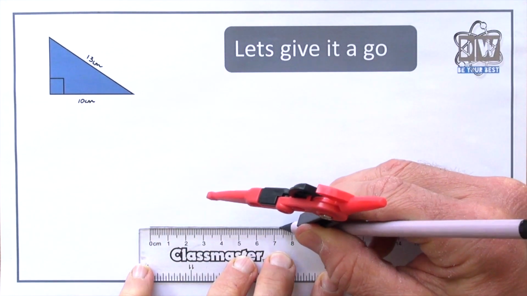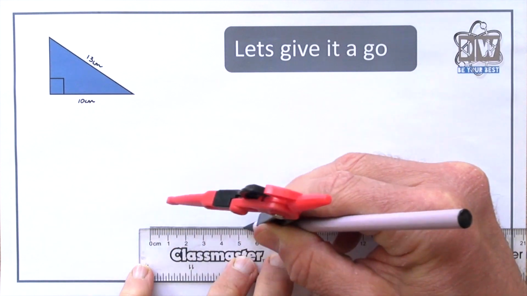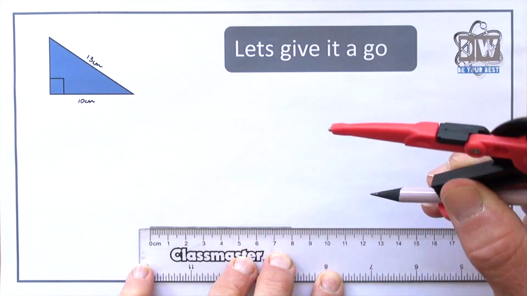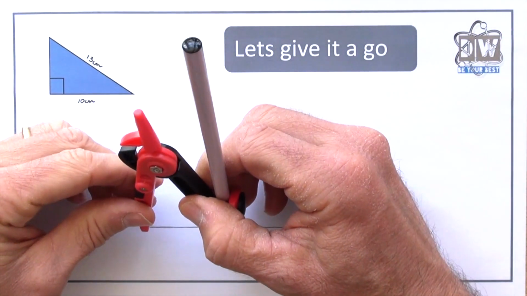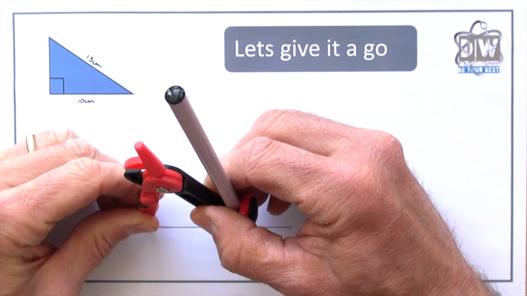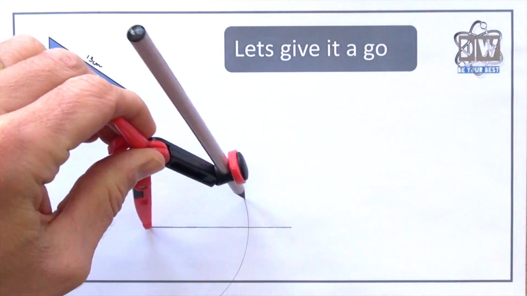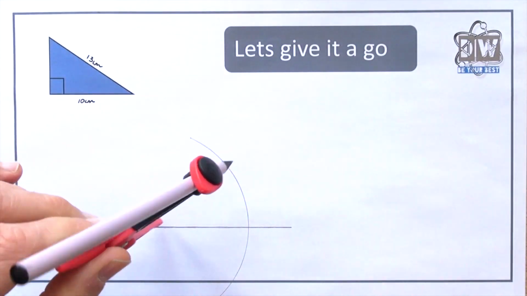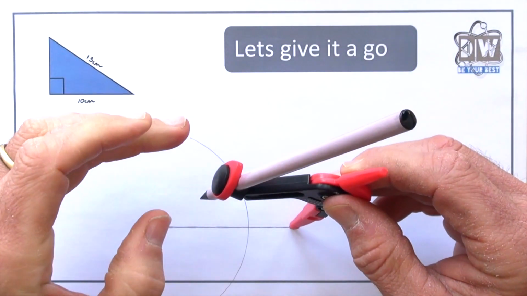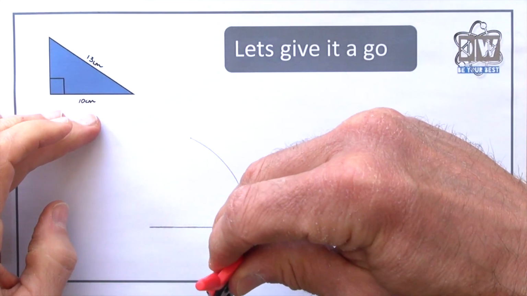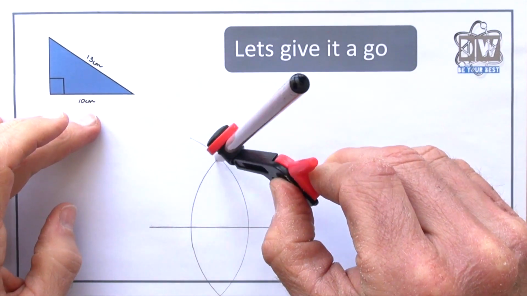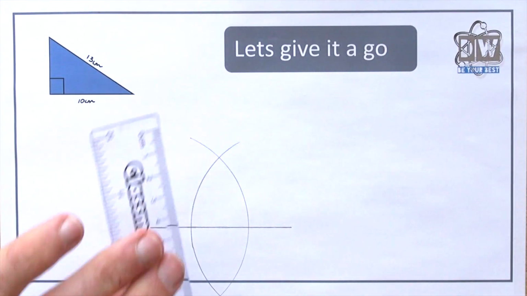Now, you might have gone for something a little bit longer or something a little bit shorter, but I'm going to go for that 8 centimeters. Okay, get down, make sure that my compass is set to over the halfway mark. And then flip it around, making sure I don't change the aperture of the compass. Okay, line up